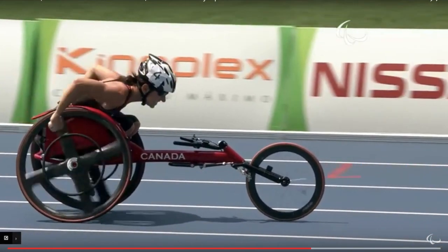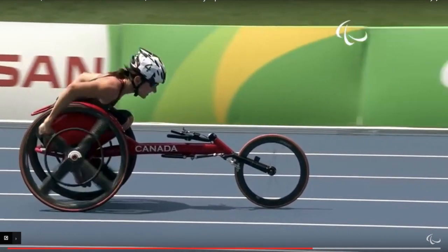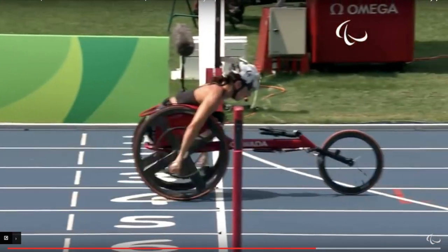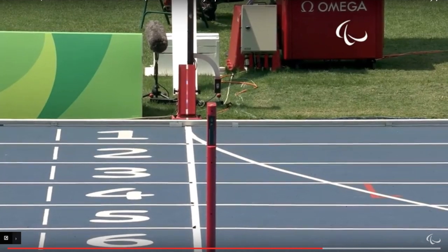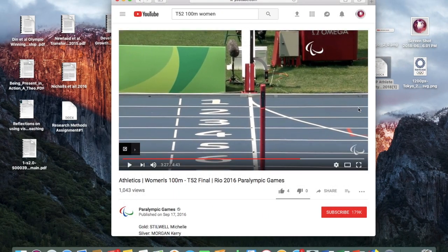Again, I would like to see a little bit of a better extension, and that's always been a bit of her weakness. Here it's actually pretty good, but when she tries too hard, she just doesn't extend fully out, so she doesn't get as much out of the rim as you could. Okay, so this is a little bit of an analysis. I hope you enjoyed,